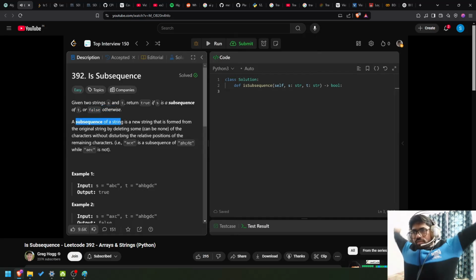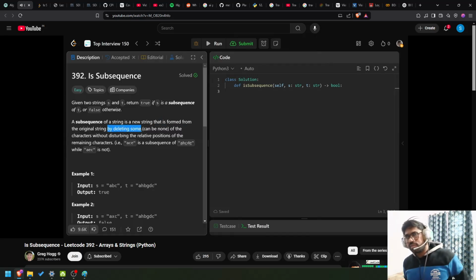So a subsequence of a string is a new string that is formed from the original string by deleting some, or basically none if you want, of the characters without disturbing the relative positions of the remaining characters. I.e. ACE is a subsequence of ABCDE, because if you delete B and delete D, then you're left over with A, C, E in a row. So ACE is a subsequence, however AEC is not, because even though those letters are contained in the string, you